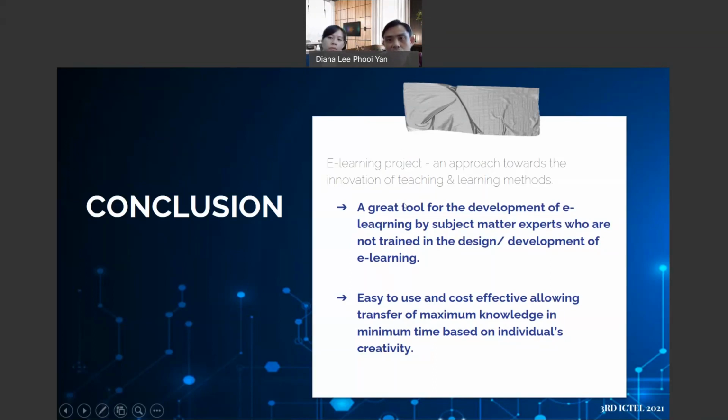It is a great tool for the development of e-learning by subject matter experts who are not trained in the design and development of e-learning. I think for this project we do not need to be experts in developing these online tools, just simple HTML only.